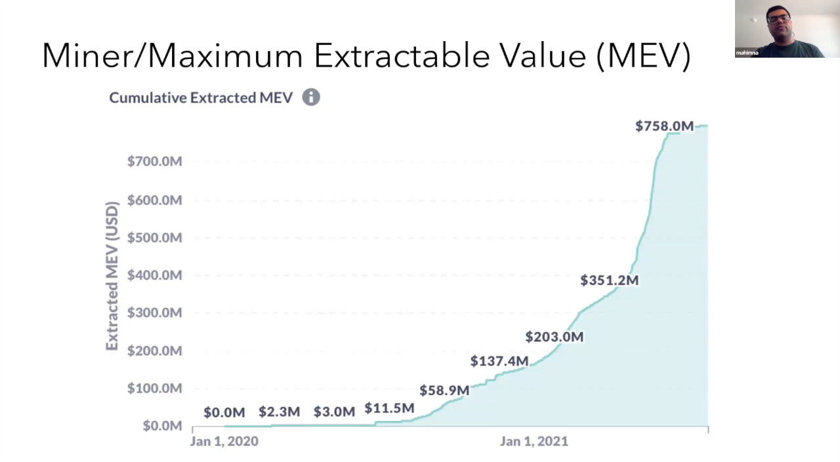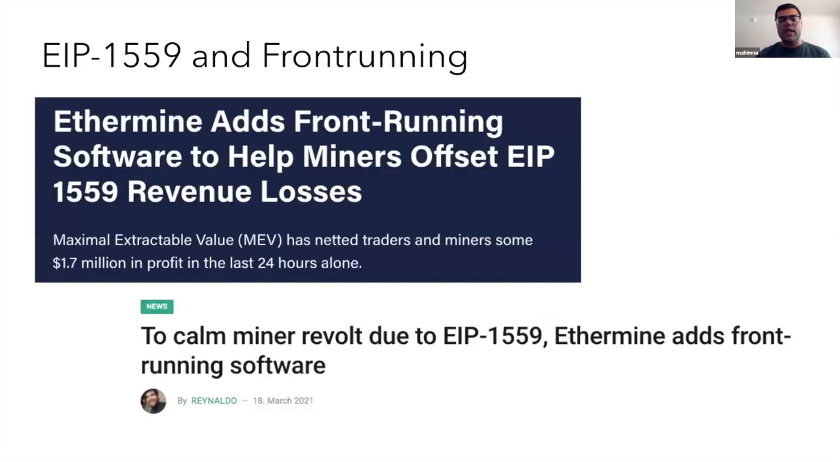So this term MEV is the quantification of the value that's extractable from the system by any kind of manipulation of transaction ordering. In the last few years, a study done by Flashbots, just for a few DeFi contracts on Ethereum, has seen over $750 million extracted in just the past year and a half. And MEV may pose bigger threats in the near future, and recently in light of the proposed EIP-1559,